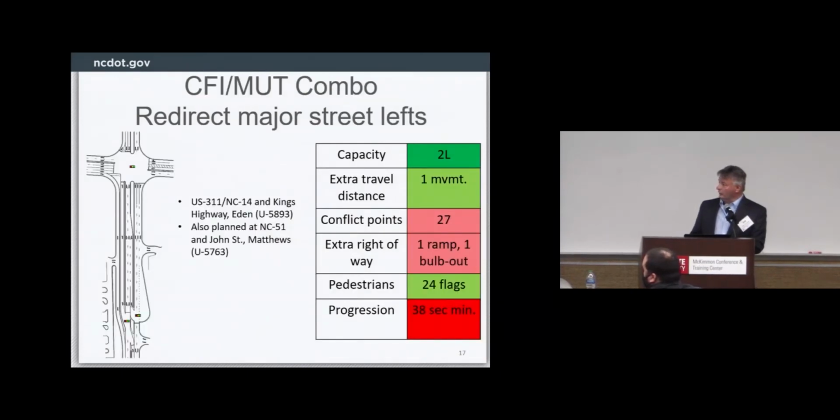All right, here's some of the newer ones now. The CFI MUT combo, MUT, median U-turn. We've actually got a couple of these in design, you can see there, in Eden and in Matthews. It's got one CFI ramp, and it's got one median U-turn bulb out. And the good news is both of those are on the same leg of the intersection, so that makes this thing a little bit more constructible, and it also helps with pedestrian crossing